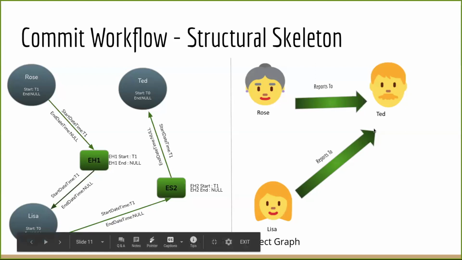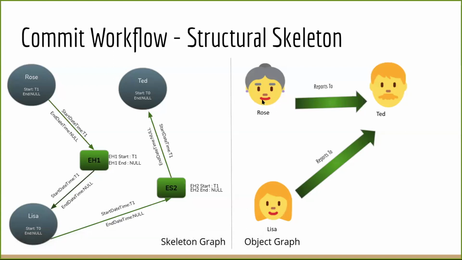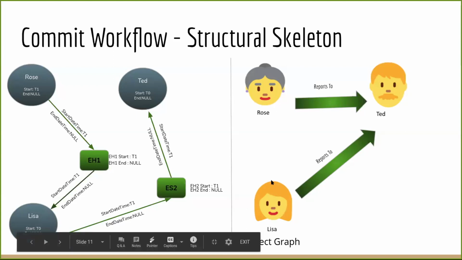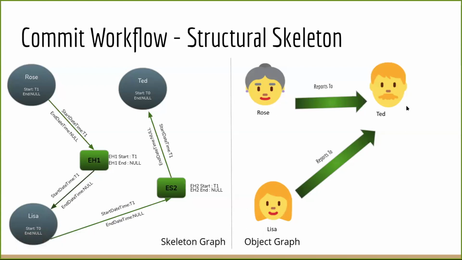So let me retrace my steps a bit. So we are trying to represent a change in the reporting relationship where Rose stops reporting to Lisa and instead starts reporting to Ted. This can be represented in one of two ways. One is where the original edge is deleted and a fresh edge is created in its place. And the other way is wherein the edge is retained, its ID remains the same, and its source remains the same, and the only thing that changes is its target. So it is the latter which I'm going to represent here in the skeleton graph. So this edge has basically moved its destination from Lisa to Ted.